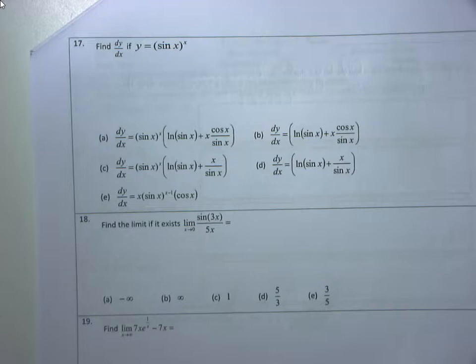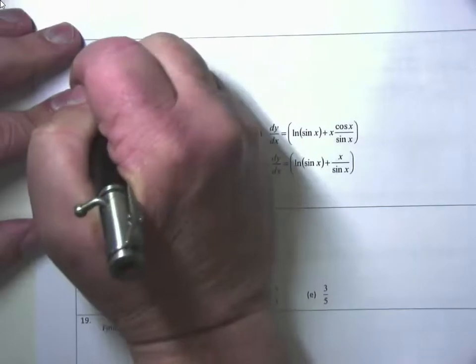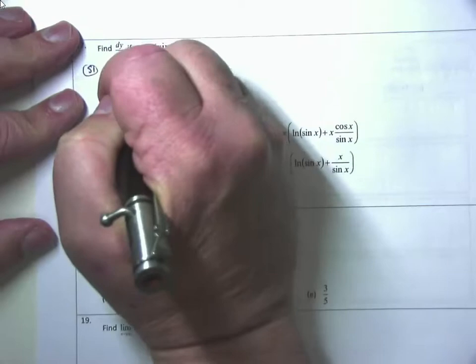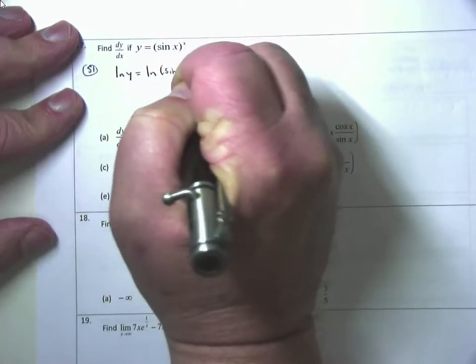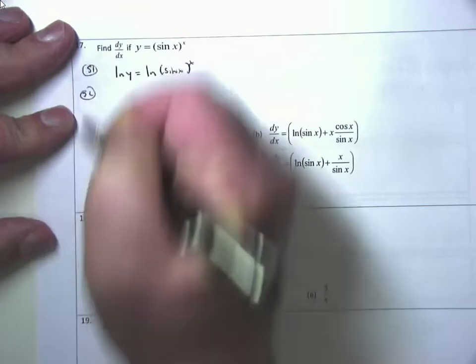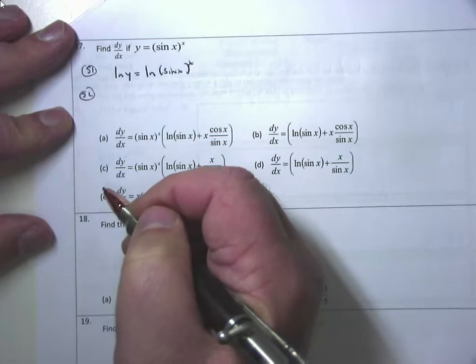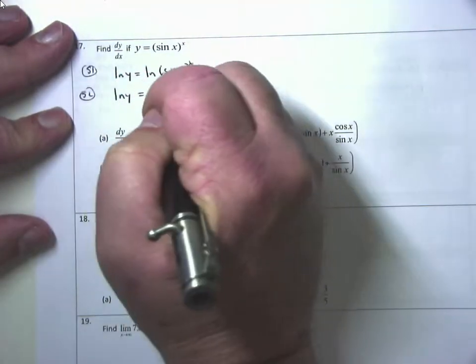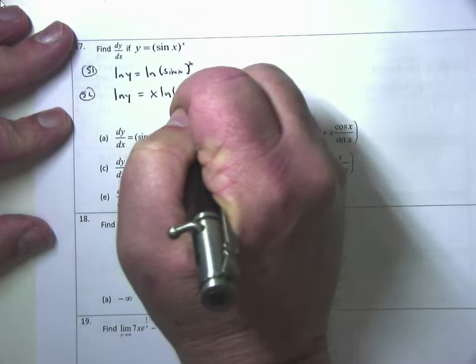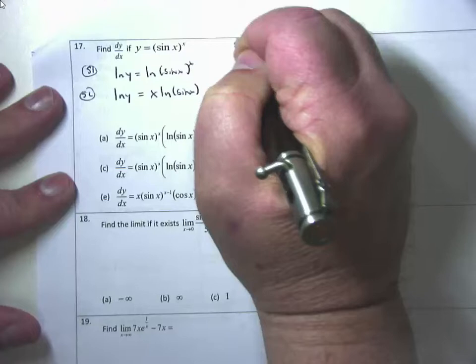So logarithmic differentiation, we have steps. Step 1, I'll call it S1. Take the natural log of both sides. Natural log of y equals the natural log of the sine of x to the x. Step 2, clean them up. With logs, this is why I have to use logs, because where do exponents get to go? Out front. So I get the natural log of y equals x times the natural log of the sine of x. Step 3, take the derivative